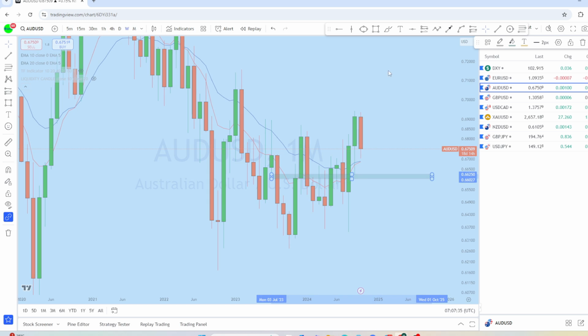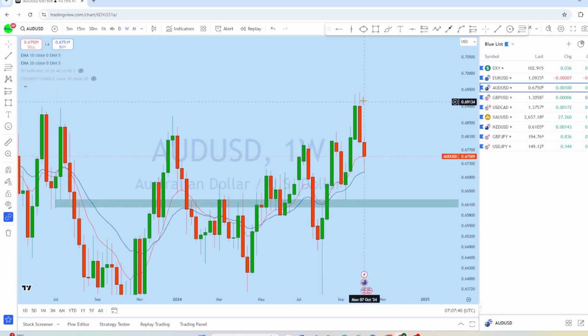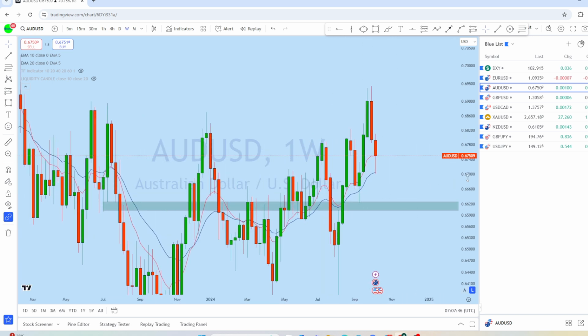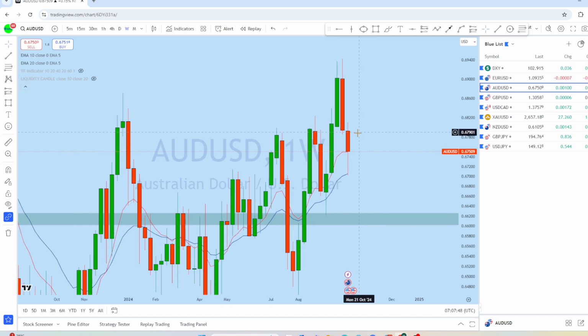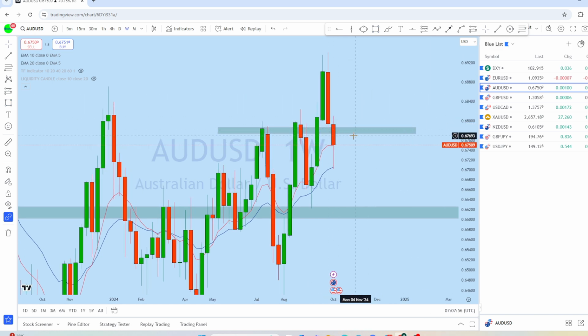If we look at the weekly chart, what we can see from the weekly perspective is that there was also a strong bearish move followed by a weekly candle with a healthy body and long wick at the bottom, and we might see that AUDUSD may continue to drop to the downside to create a new lower low. Now if we look at this body here on AUDUSD, which has a healthy body, we might see a weak fill on the downside on AUDUSD.